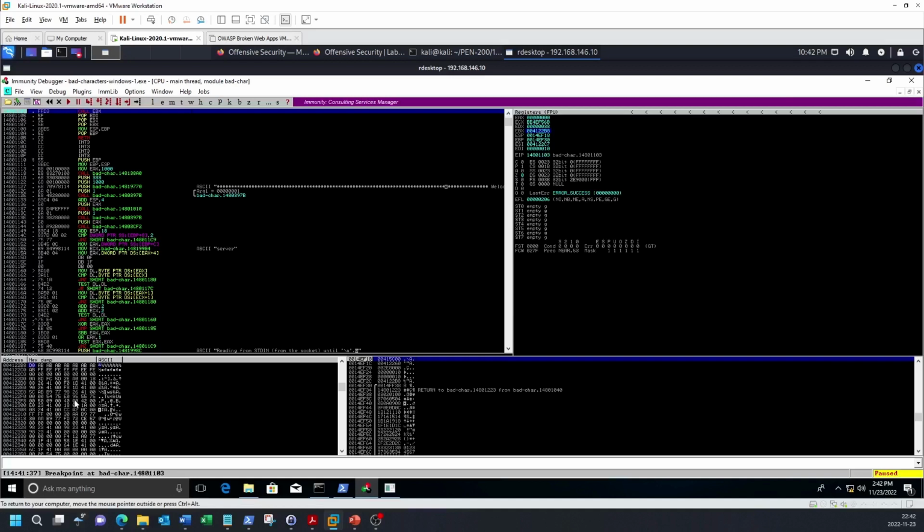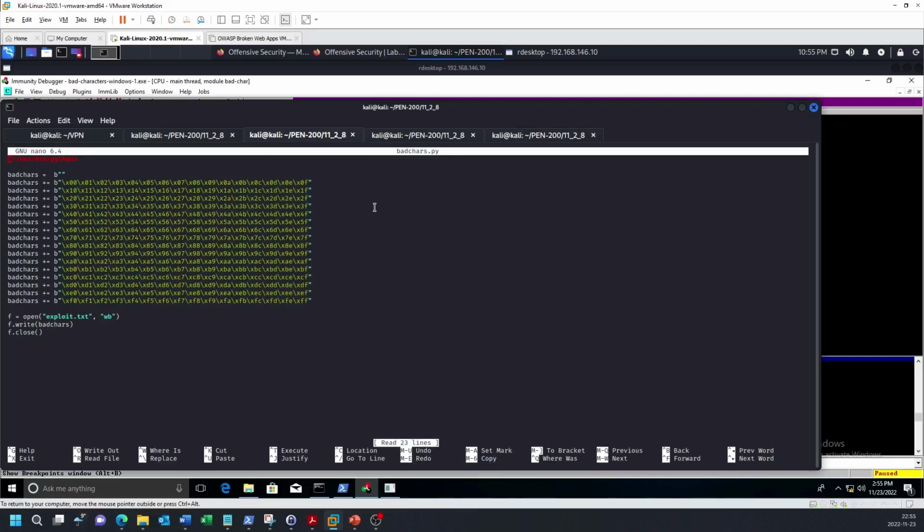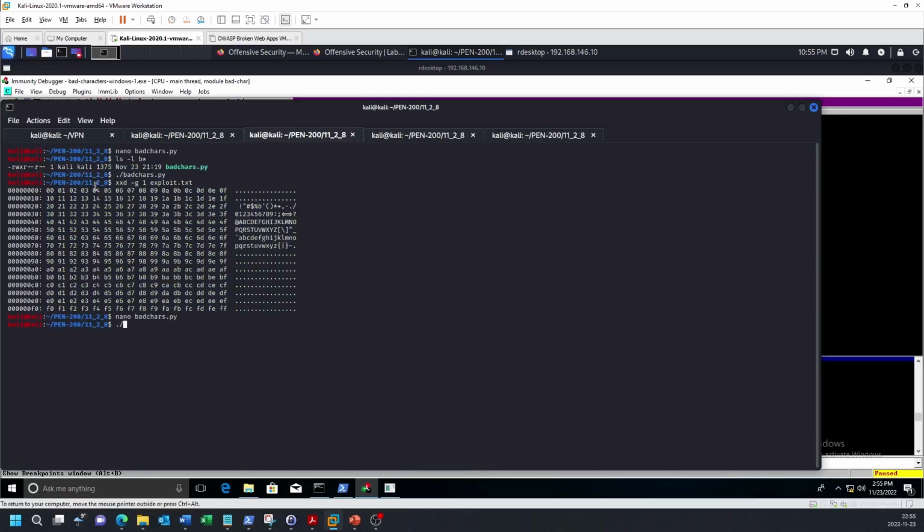In the vast majority of cases, you can assume that 00 is a bad character, so some people don't even bother testing it at all. However, I personally like to include it just to be thorough. We now need to remove that byte from the file and try again. So, go back to Kali and edit the Python script. Delete that byte, but make a note of it for later. Save the file and exit. Then run the script again.